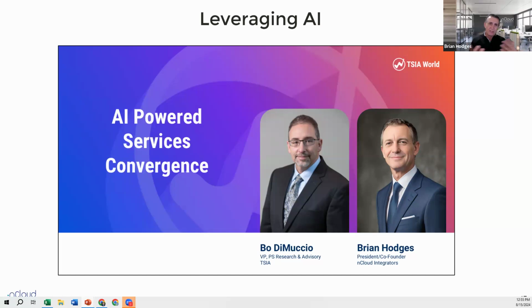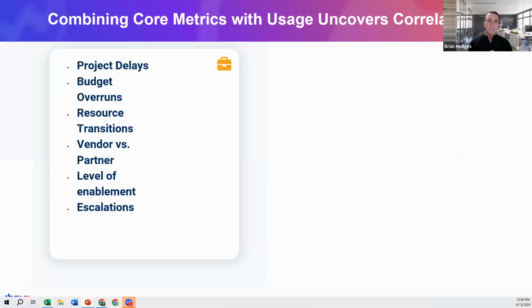This was basically the topic: if you're sharing resources across your services teams, professional services, customer success, support, how can you leverage AI to manage that process? But I think what's important here, for the purposes of this conversation, is that now that you are tracking this information at a basic level or even at a detailed level for the way your consultants are spending their time,